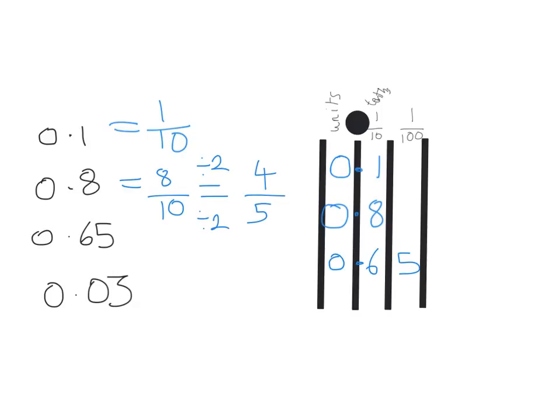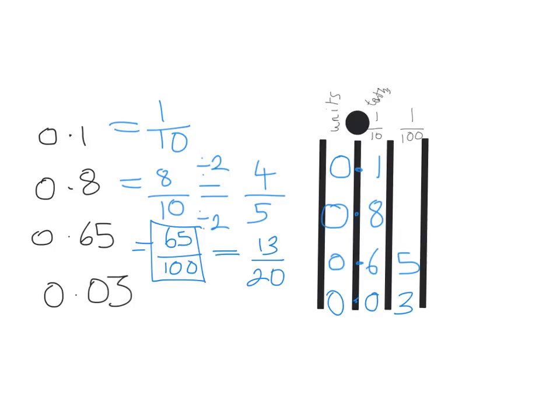0.65. This one's a little bit different though. Its last digit is in this column, the hundredths column. So I could write 6/10 and 5/100, or a better way of doing it would be to write it as 65/100. Now the key thing to notice here is you can simplify this. These are both in the 5 times table, and if I divide by 5 I get 13/20. And the last one,